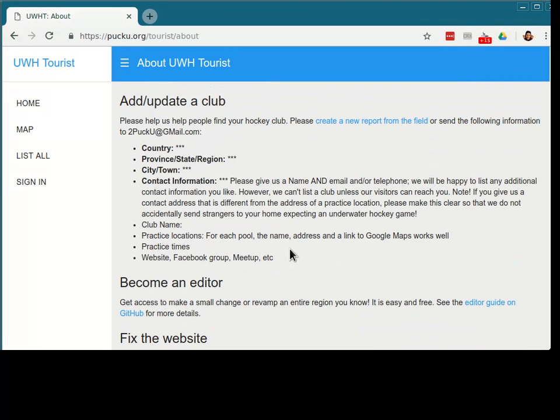So, on to editing. When you first come to the site, you're not logged in. Look for the sign in link here and click that. If you're logged into GitHub already, then you'll be immediately signed in. If not, you'll be prompted to log into GitHub or create a GitHub account. And after you've signed in,